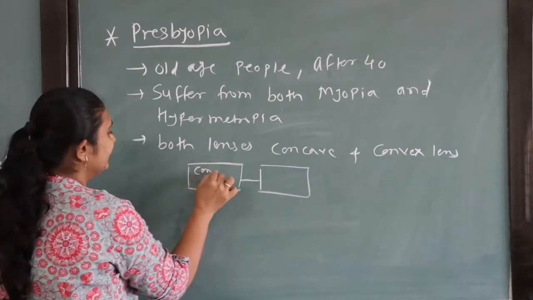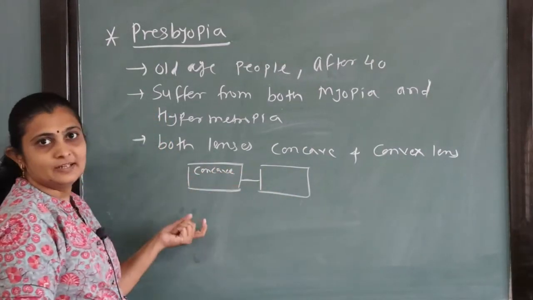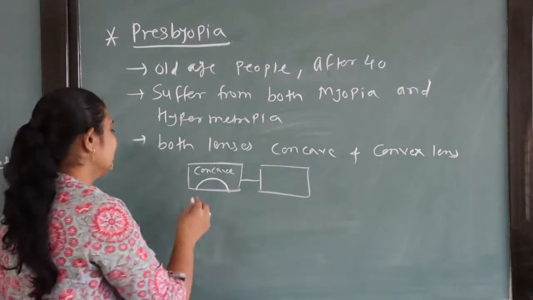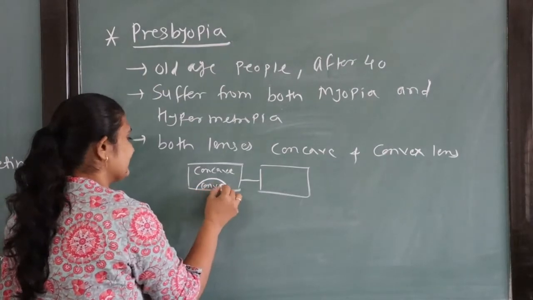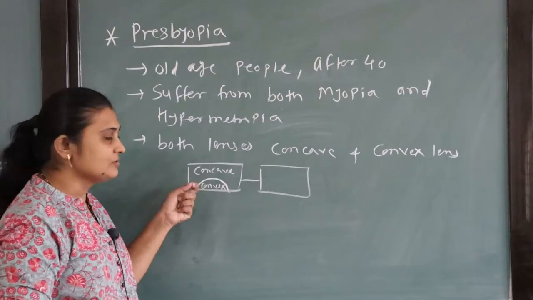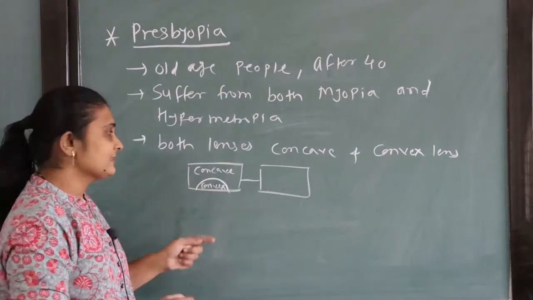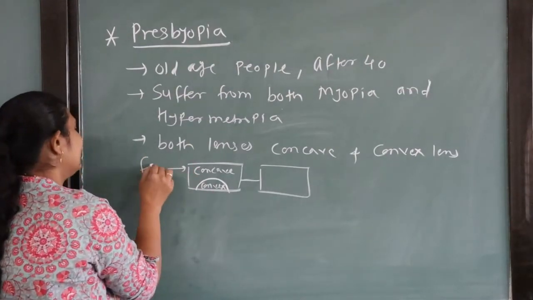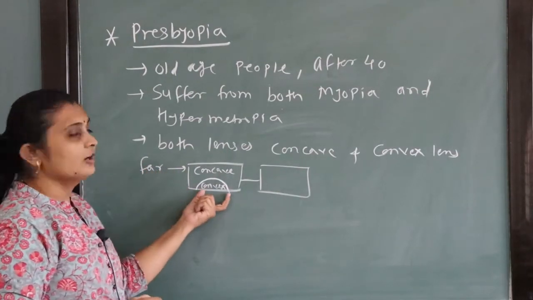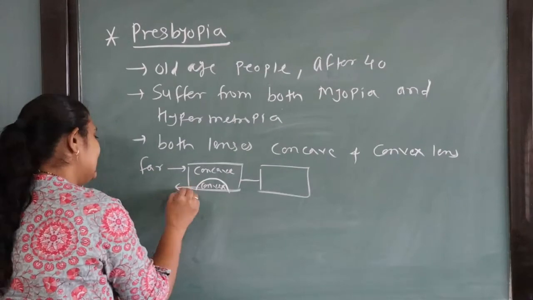The upper part is made up of concave lens and this portion is made up of convex lens. Means in the spectacles both types of lenses are used, concave and convex. From the concave lens they can see far objects clearly, and from the convex lens they see